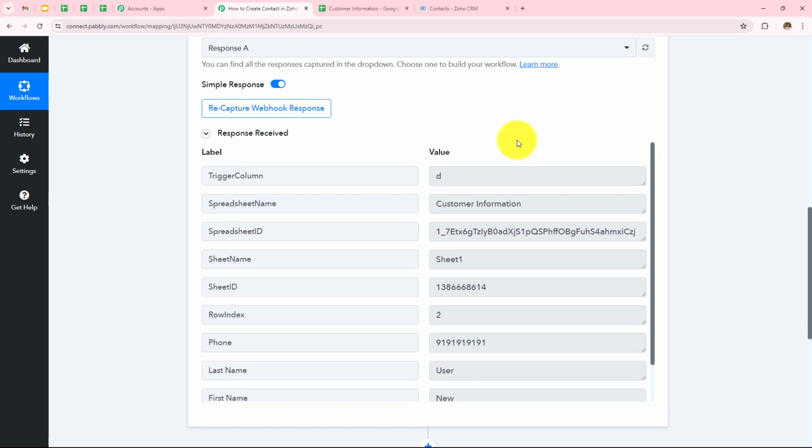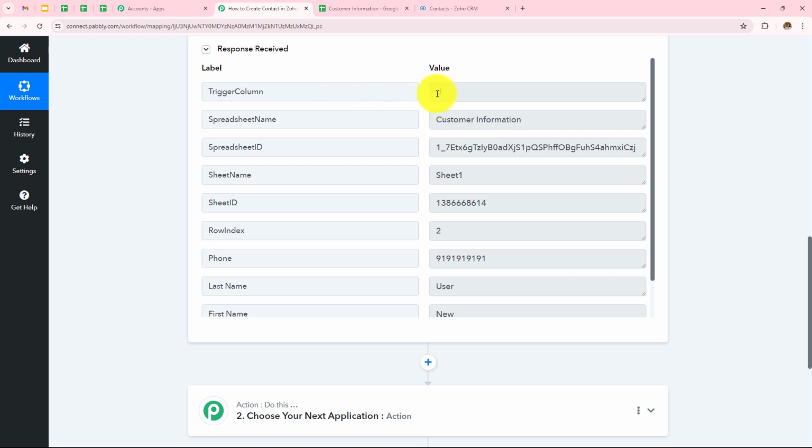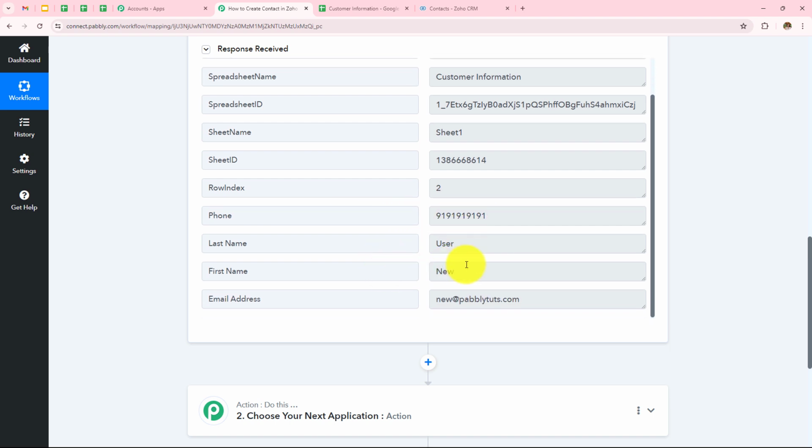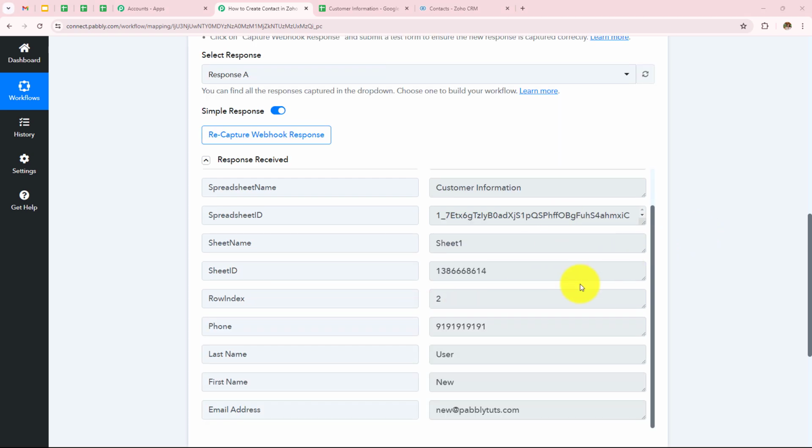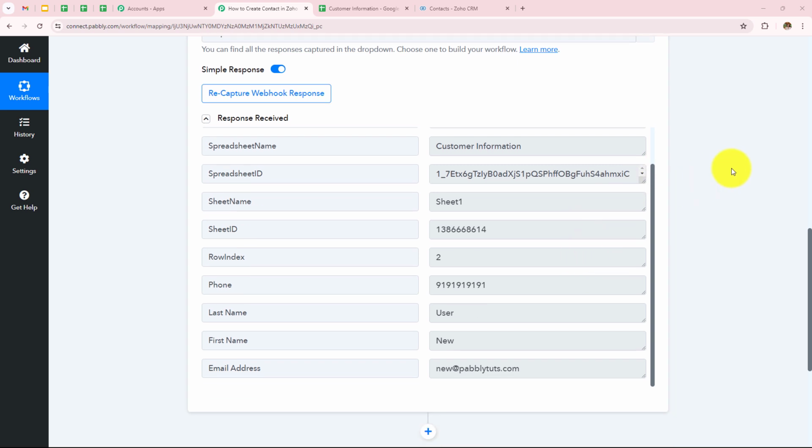Over here, we can see we have captured the response. Trigger column was column D. Spreadsheet name is customer information. Phone number was this. First name was new, last name was user, and the email address was new@pabblitudes.com. So our Google Sheet is connected with Pabbly Connect, and now we need to move to our next step, which